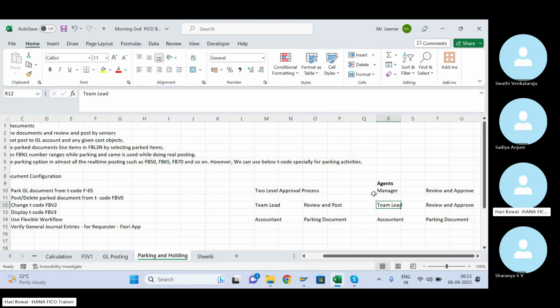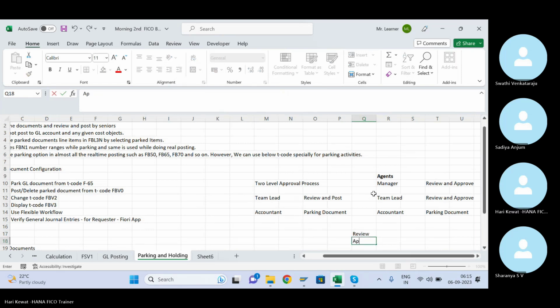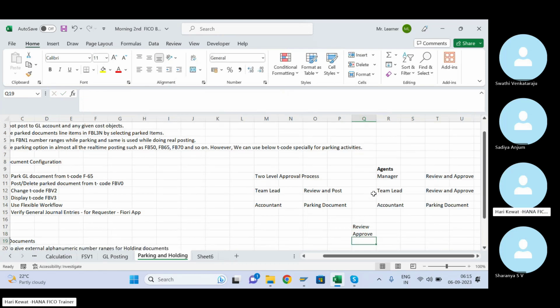So there are a few things you have to remember. Let me talk right now, because when you go for real-time implementation, here three things you always have to talk about with the business. One is review, one is approve. This is okay.